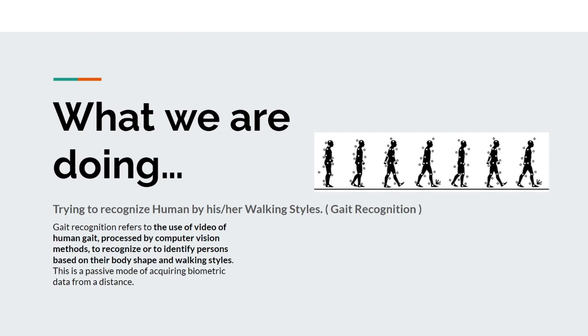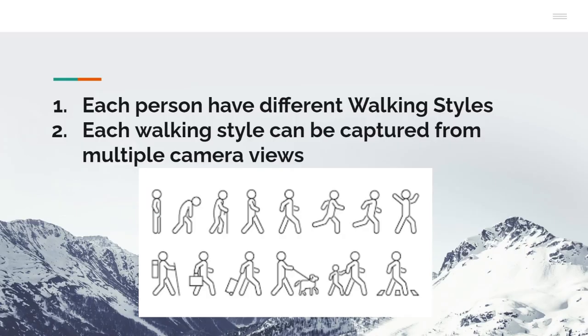Our project aims to improve gait recognition accuracy by predicting mask frames using a UNET architecture, and we are enhancing it using different loss functions. We know each person has a different walking style, and each walking style can be captured from multiple camera views. So from that,